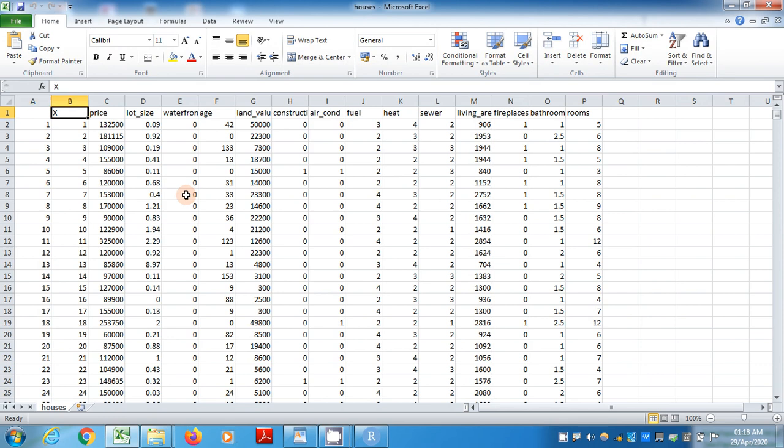Here I have serial numbers, price of the house, lot size of the houses, waterfront. If the house has waterfront or not, 0 indicates no, 1 indicates yes. Age of the house, and land value of the house. Here, construction, is the house having air conditioner or not, fuel system is there or not, heating system is there or not, shower system is there or not, what is the living area, how many fireplaces are there,